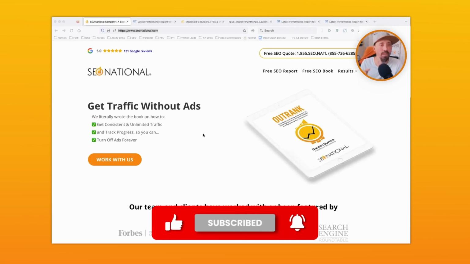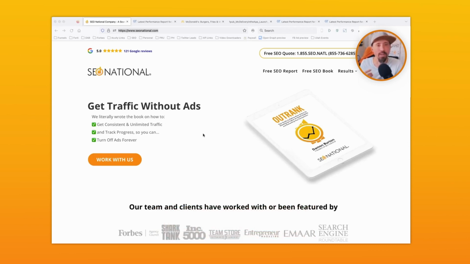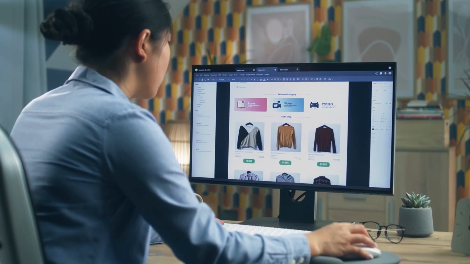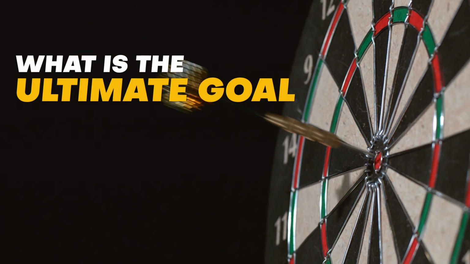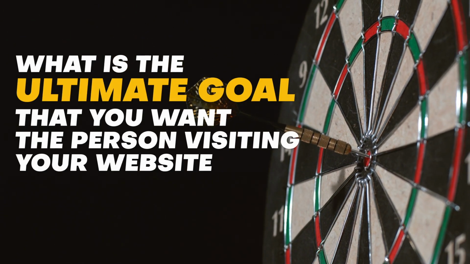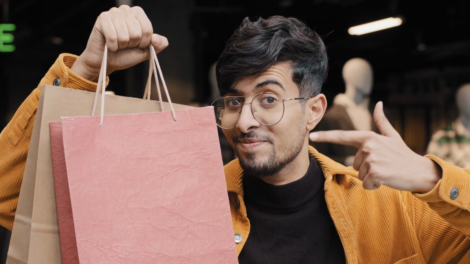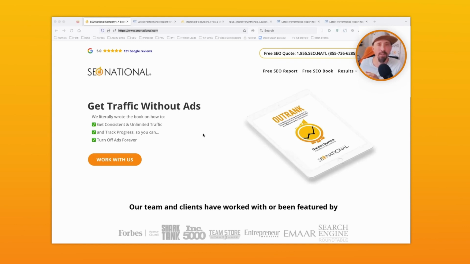You can have the most cosmetically, aesthetically, visually stunning website there is, but there's countless studies that say the more that you have, the more distractions that you introduce. So what you want to do is have a real simple call to action. What is the ultimate goal that you want the person visiting your website to do? Is it to fill out a form? Is it to call you? Is it to buy a thing? Then have only those options. And even then, make sure they're not conflicting.